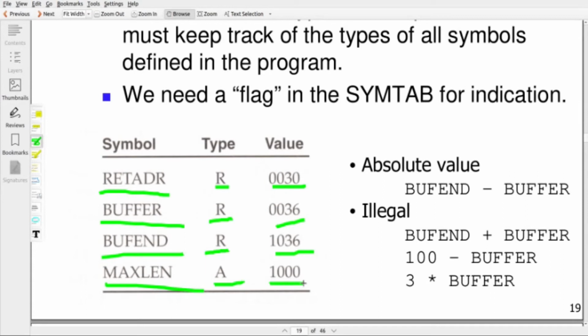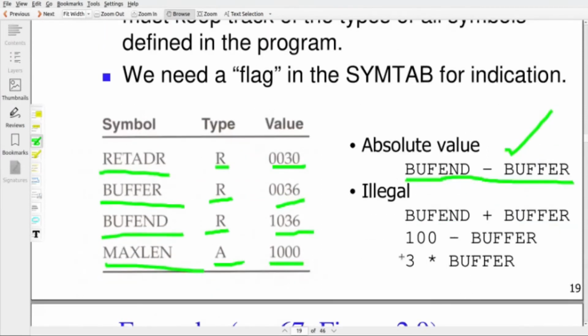Its value is 1000. Now, one absolute expression: BUFEND minus BUFFER. Both are relative terms, but they have opposite signs for each other. That's why this is a valid expression. Look at here, it's invalid. Why? Because BUFFER and BUFFER have the same sign, not opposite signs, so it's illegal.